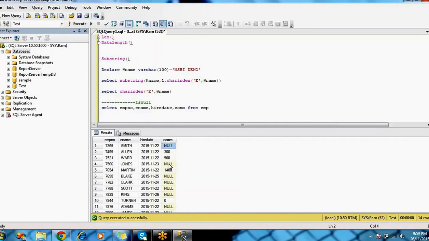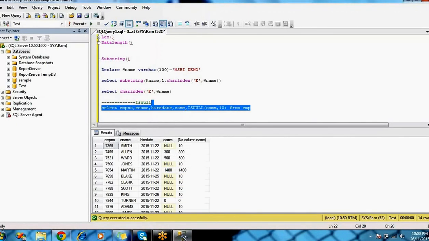If you have a null value, I want to replace that null value with some other value by using the ISNULL function. What this ISNULL function is doing is trying to find out whether the value is a null value or any other value. If the commission column has any null value, I want to replace it with 10. I'm going to put 10 as the commission value, right?